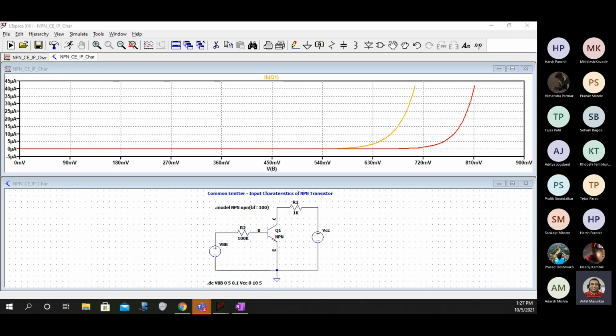Okay, Sankalp, you have posted your output, but I can't see it actually. Maybe it will take some time. Okay, everybody should put this in the chat box. Come on, quickly.